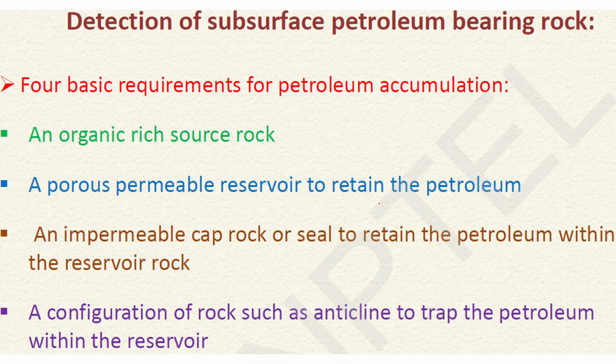Now, here we can form a gist of all what we have discussed till now, that what is the basic requirement for a petroleum accumulation. The first basic requirement is an organic-rich source rock. Source rock is basically where exactly crude oil was formed. So suppose the dead organisms started burying down on the seabed, and it formed a rock, and these dead organisms.